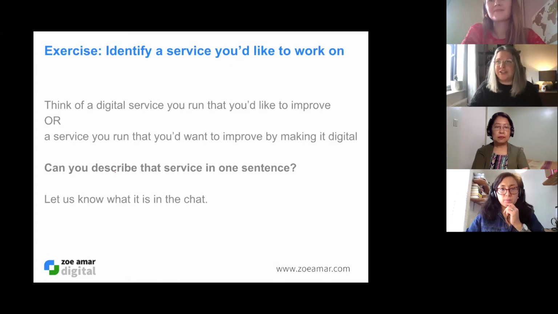While you're all sharing that, I've noticed a few people have joined, so don't worry, you've not missed too much. We're just having to think about a service that we might want to improve, a digital service, or an offline service that we might want to move to digital. So welcome if you're new, and we're just popping that in the chat if we feel comfortable to share it, just so we can get an idea of the sorts of services we might be working on. And we're starting to see some come through.